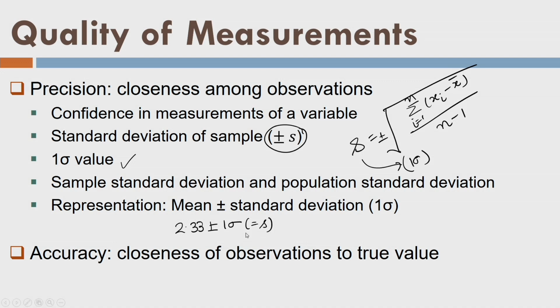And this is the way we represent our measurements. Here 2.33 meters and the 1 sigma will be in meters, centimeters, whatever unit I prefer to choose. So this precision is coming from observations. That means I am taking the average, and again I am calculating the deviation from the average. So I can say one thing here, that precision is an internal aspect, internal to the measurement, because I am calculating the precision from the measurement itself. Let us talk about the accuracy.